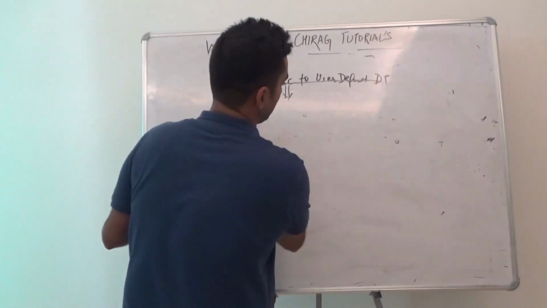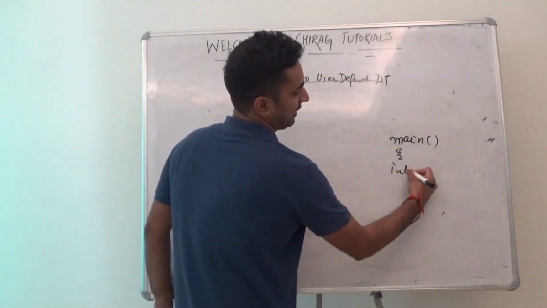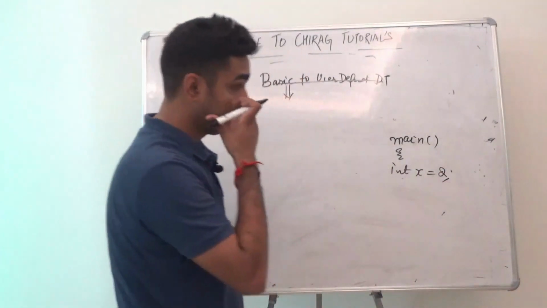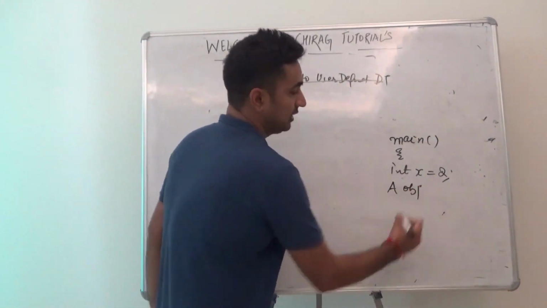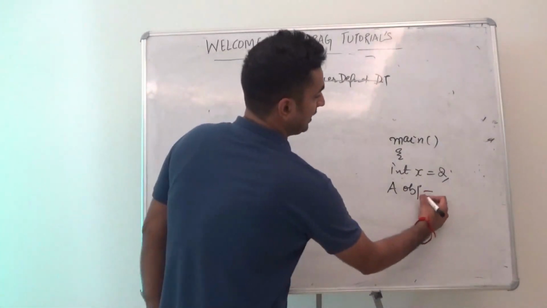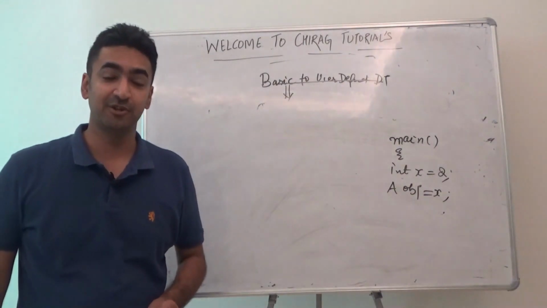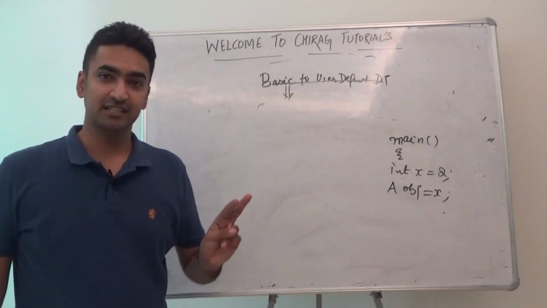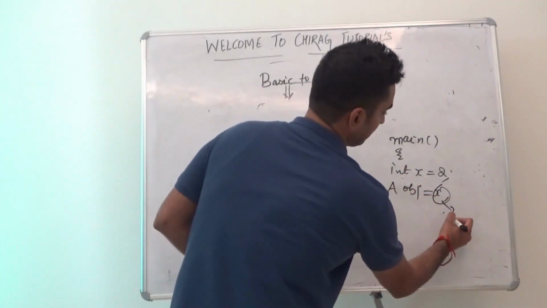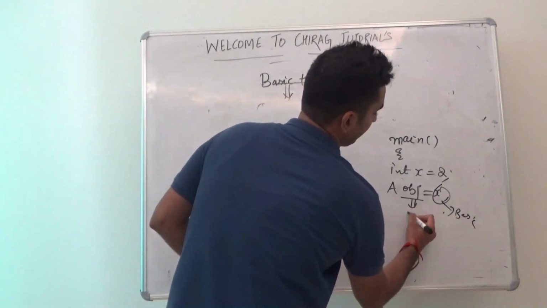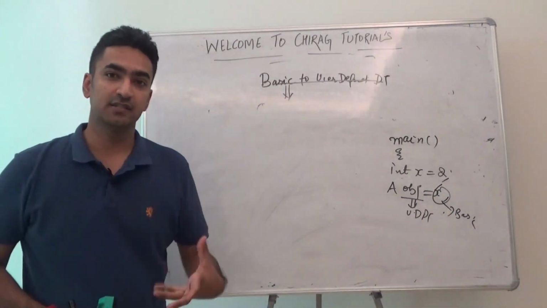So what I'll do is firstly I'll write the main. I'll create a basic data type int x, let's say, is equal to 2. So x value is given as 2 and I create an object a followed by obj. And the moment I create it, I'm assigning the x value to it. So what happens in this scenario? The moment it is created and I'm assigning this x value to it, this x is basic and this is user defined data type. So guys, the moment this statement is written, a parameterized constructor gets called.